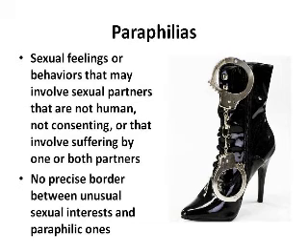I mean, there is no precise line between unusual sexual interests, and this to a certain extent is unusual, although media images have done their share of propagating this. But anyway, there is no precise border between unusual sexual interest and paraphilia. So this is why there's still some discussion about whether or not some paraphilias should be included in the DSM-5. And what is exactly a paraphilia? Where does a paraphilia begin and where does an unusual sexual interest end? Having said that, let's consider what the DSM-5 has to say about the paraphilias.